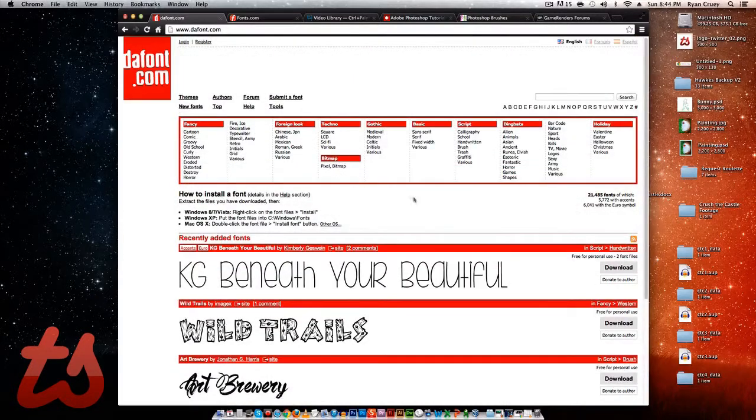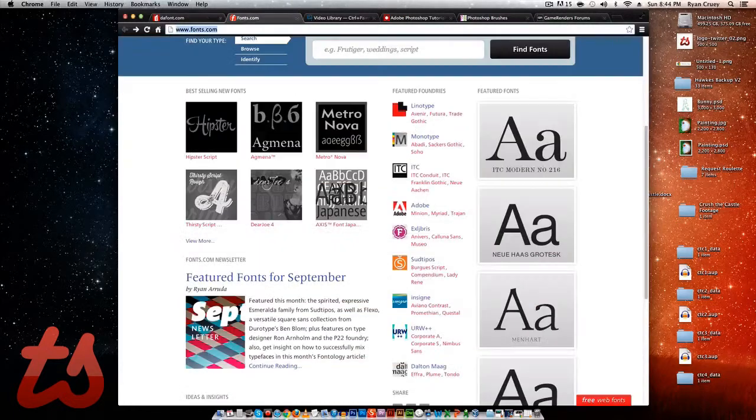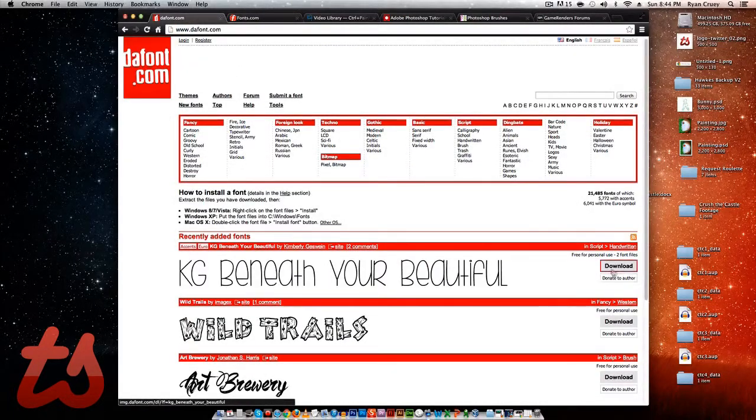Installing fonts is rather simple. All you have to do is go to your system settings, and there should be a fonts folder, and you just drag and drop. I will show that in another video as well, just for the sake of getting it all out of the way. So I'll probably make it a 2-in-1 special next time. Like I said, for these all you have to do is click download here and it goes straight in.